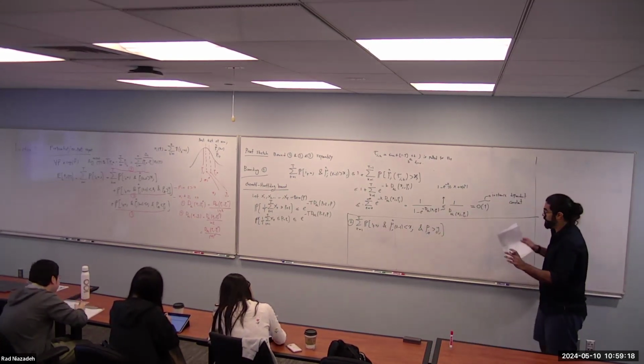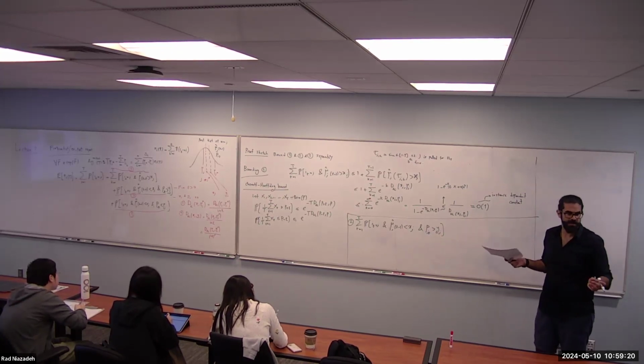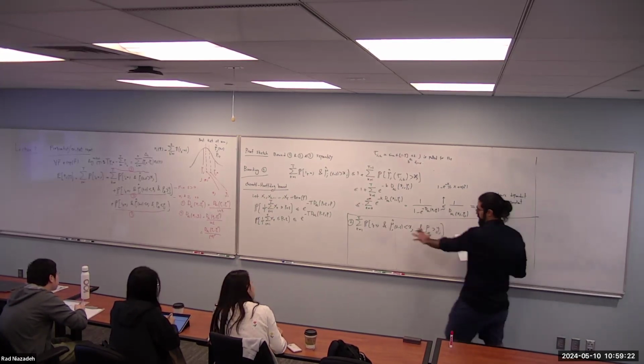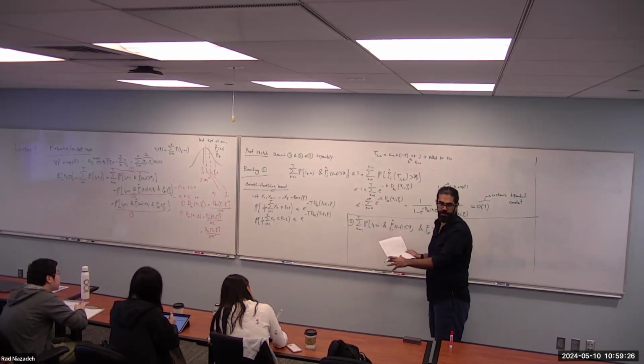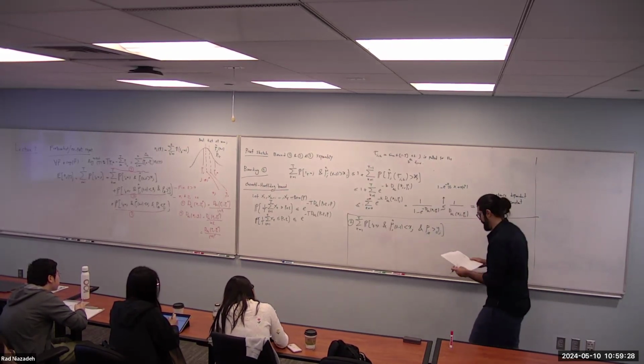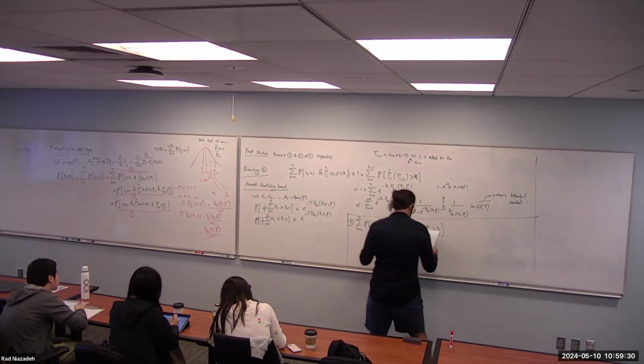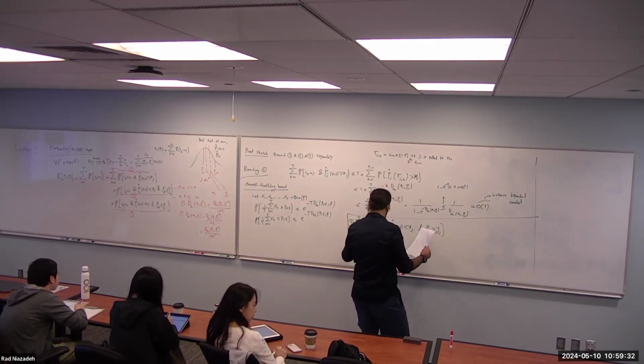But the question is, is it going to be constant? Is it going to have another dependency on t? It turns out that this is actually the term that gives rise to the Lai-Robbins lower bound. So this has log dependencies. And let's actually see that. So this is going to be at most